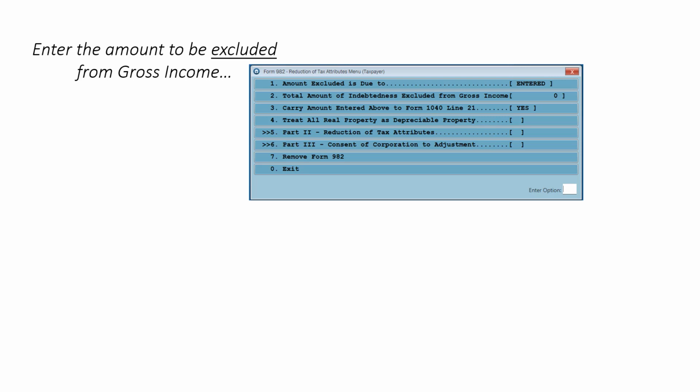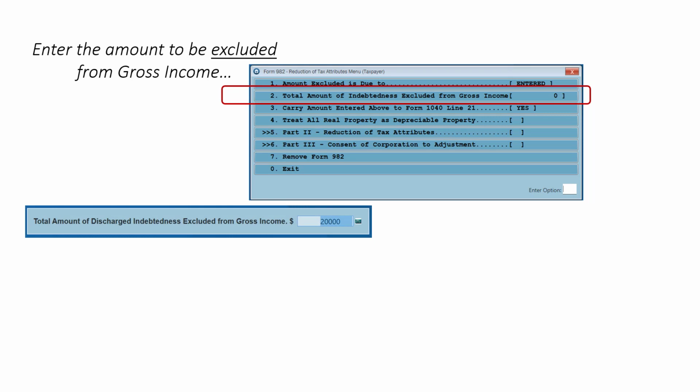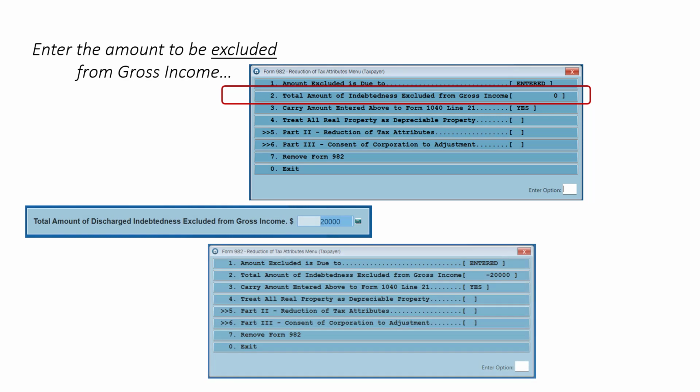Next, we're going to enter the amount to be excluded from gross income, the $20,000, and it'll show up on the Form 982 menu the total amount of indebtedness excluded from gross income as a negative amount.